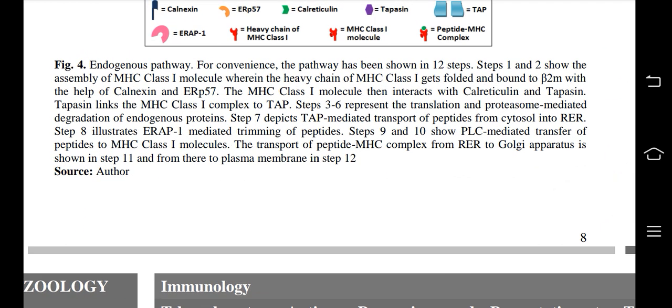Endogenous pathway. For convenience, the pathway has been shown in 12 steps. Steps 1 and 2 show the assembly of the MHC class 1 molecule, wherein the heavy chain of MHC class 1 gets folded and bound to beta 2M with the help of calnexin and ERp57. The MHC class 1 molecule then interacts with